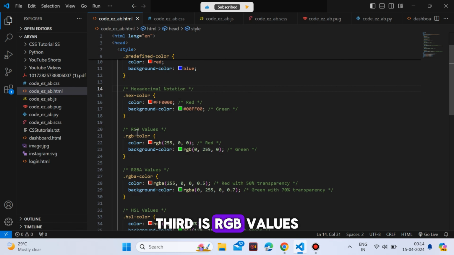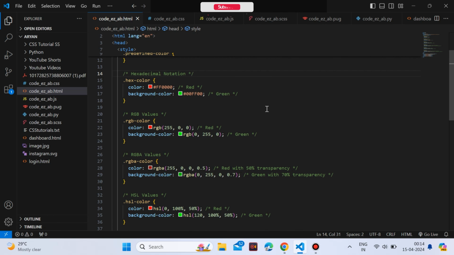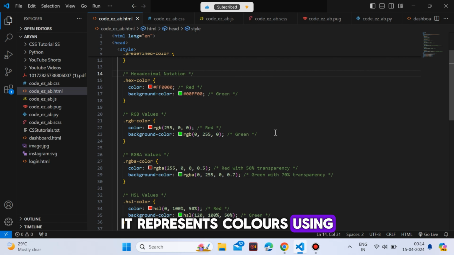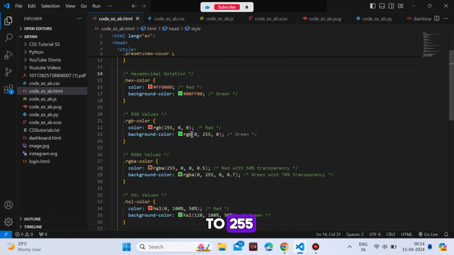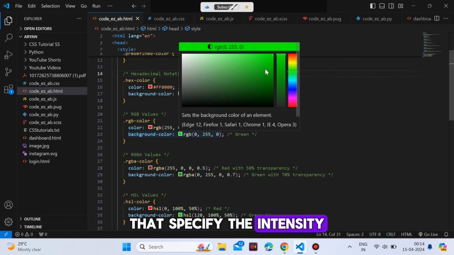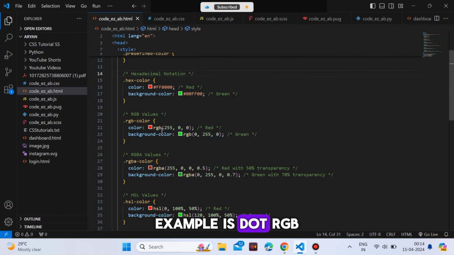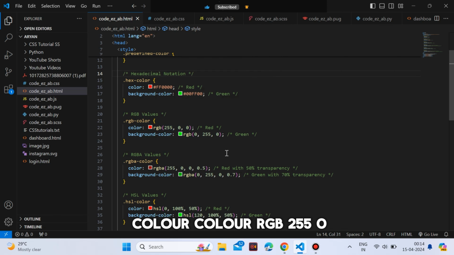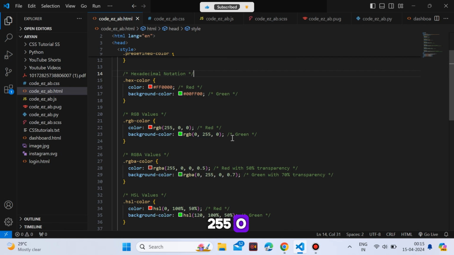Third is RGB values. RGB stands for red, green, and blue. It represents colors using 3 numerical values, each ranging from 0 to 255, that specify the intensity of each color component. Example: .rgb-color { color: rgb(255, 0, 0); background-color: rgb(0, 255, 0); }